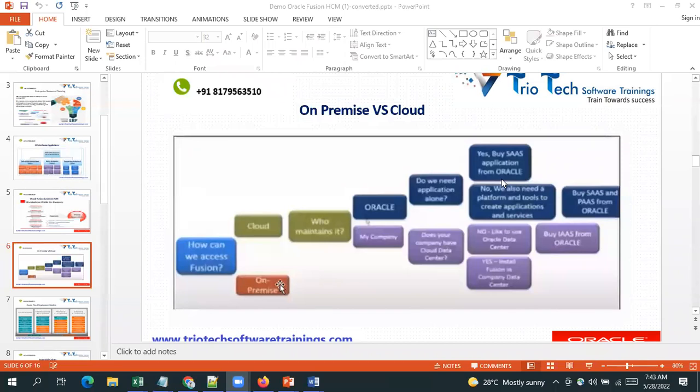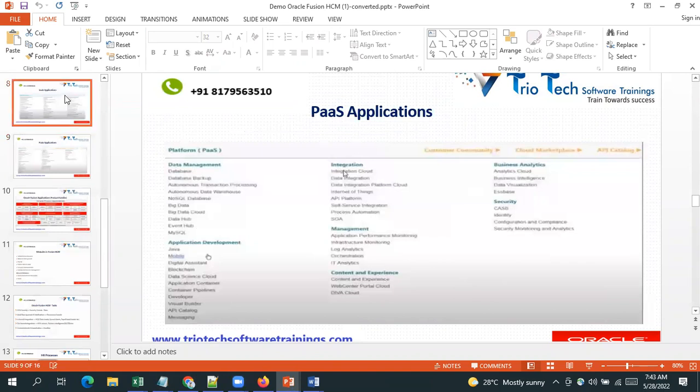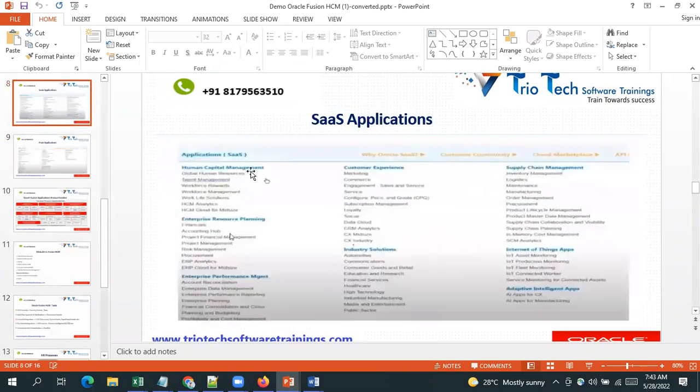Okay. So every product Oracle sells will by default be a SaaS product. On top of that, whether you want the PaaS license or IaaS license, it's up to the business need. So here you can see some examples of the products I kept. These are all SaaS applications: our HCM, our financials, our customer experience, meaning CRM, then supply chain management,